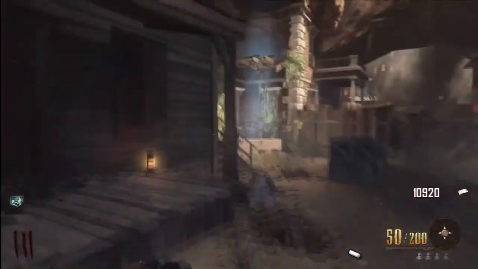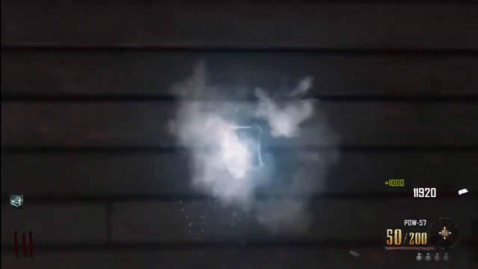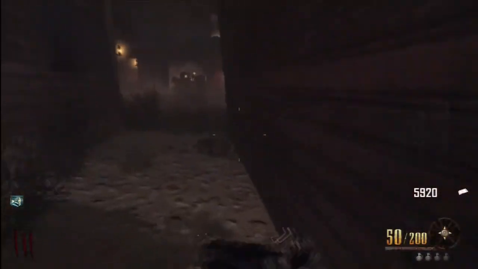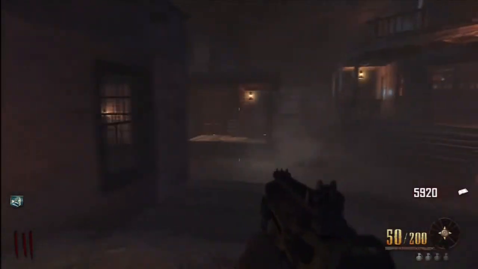So since there's another chalk drawing here, we're going to put it here, and we get 1,000 for it, so it's only 5,000 for the Galvanuckles. Sweet. So that's that part done. We've got the Galvanuckles before the end of round 3, which should make especially the early rounds a lot easier and save on ammo for the PDW and that. Next thing, we're going to open up the saloon,